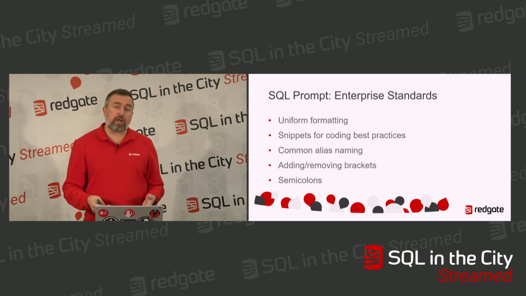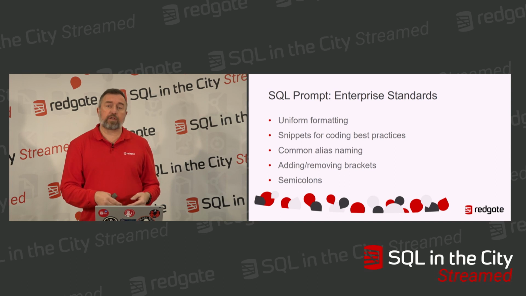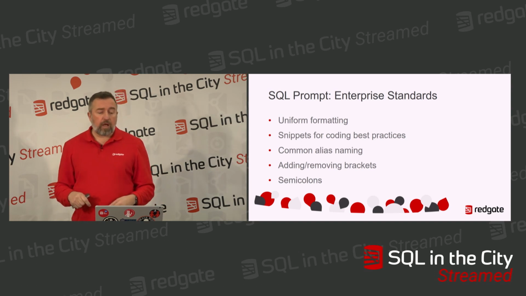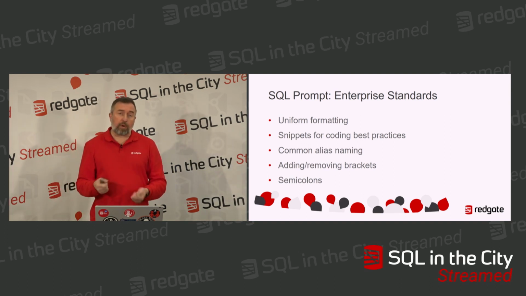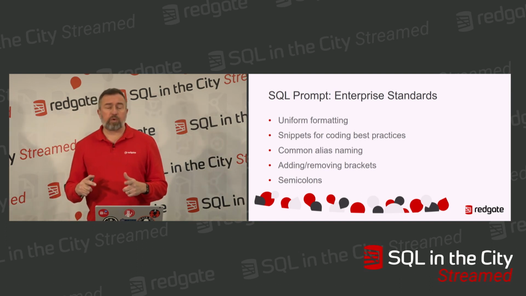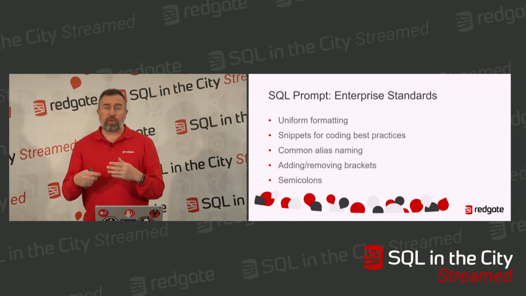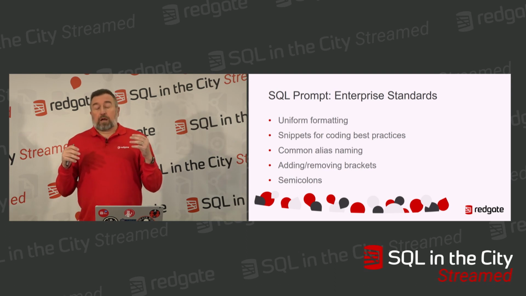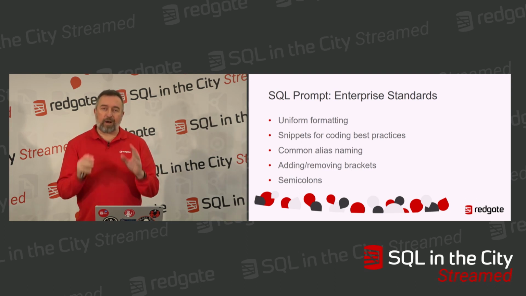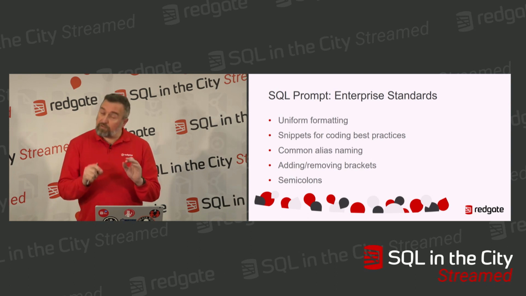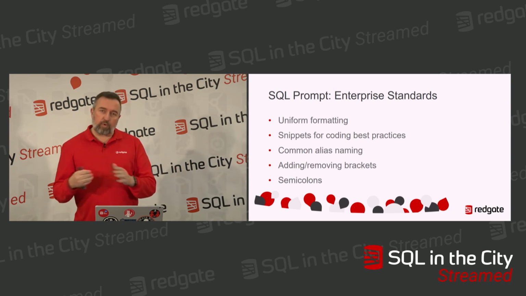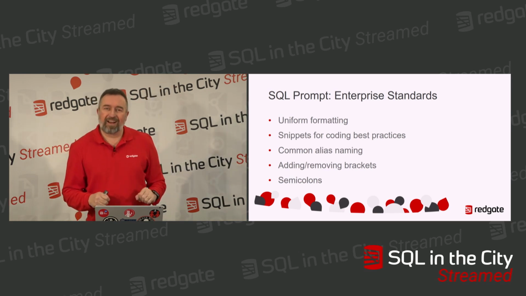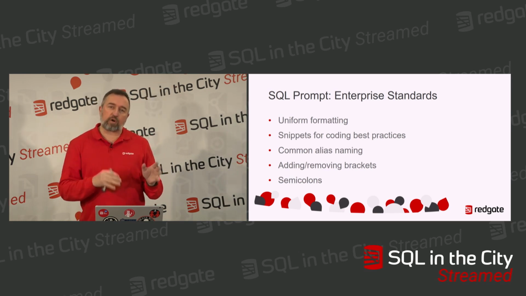Further, we can set up alias naming, and there's a way to set up a standard inside of the alias naming, and we can have that work out of SQL Prompt and do that for us. We can also add or remove brackets on the fly. Why you would add brackets, I don't know, but I know people that actually prefer their standard to have brackets on every single object. Makes me shudder, but that's how people do it. That's fine. We can add those things in and or remove them. Remove any ones that are unnecessary is my place. But we can apply that across the board.